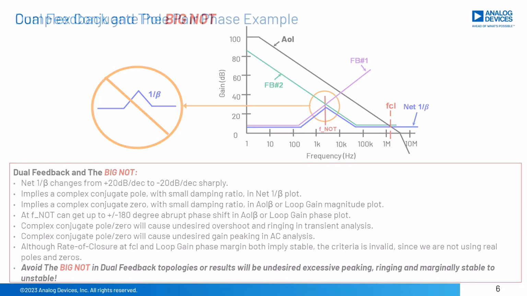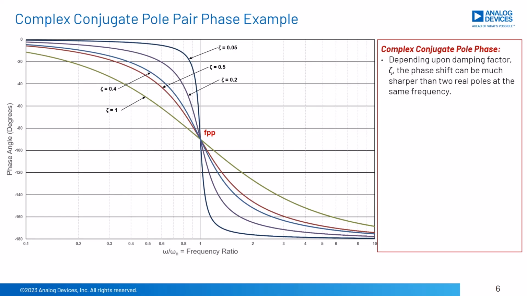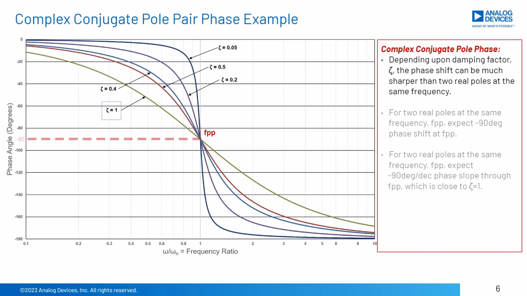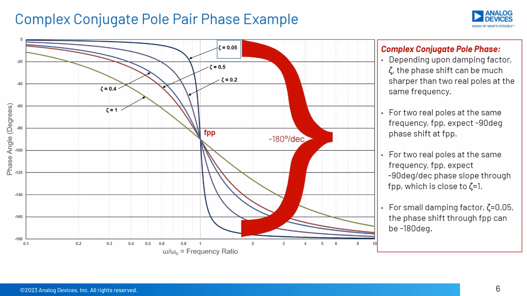The phase plot for a complex conjugate pole pair for a few different damping factors is shown in this slide. Depending upon the damping factor zeta, the phase shift can be dramatically different than one for two real poles at the same frequency, FVP. For a real double pole, we would expect minus 90 degree shift at the frequency and a minus 90 degree per decade slope, close to a damping factor equal to 1. Here we see very rapid phase shifts at the location of the pole, especially for the damping factor equal to